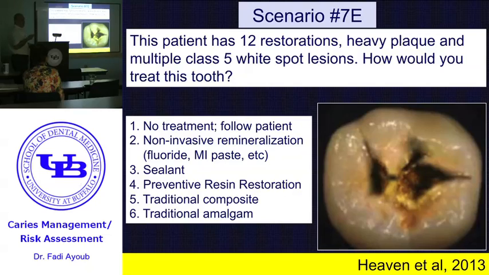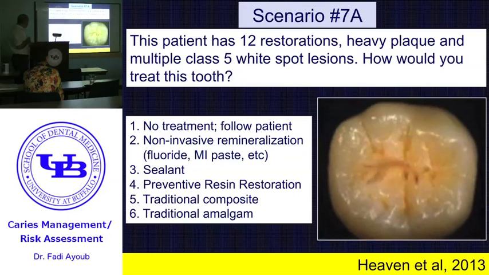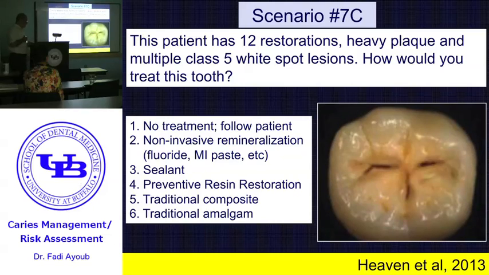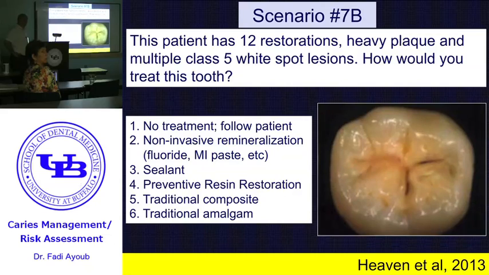So those are the same thing, the same options, the same everything. Would there be any difference in your approach, knowing the 12 restorations, heavy plaque, and the white lesions? Would you approach at least 1 and 2? See, for the first scenario you gave, I'm not sure I would do anything. No caries, no anything going on. Right. Yeah, they've lost part of a sealant, but what has happened in the last 6 years? I mean, you could put a sealant, but I think to me, that is a little bit